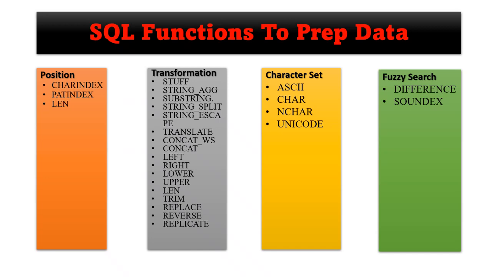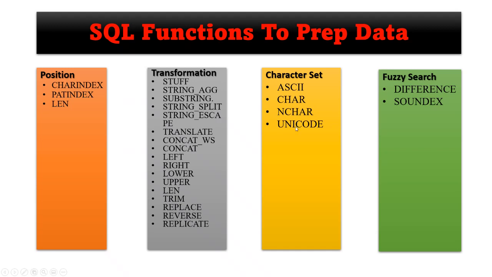When it comes to transformation, there are tons of them, and I cannot put all of them. Like substring, split, string escape. You have to think of tons of methods like translate, concat, left, right. But when it comes to character sets, if you have to replace an empty line or tab, or convert Unicode to string, you have to think of character